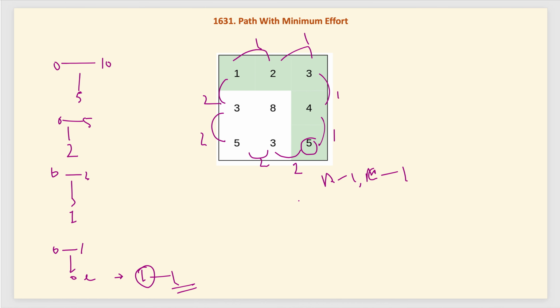Now how we will use the DFS in that: we just start from the 0, 0 index and try to see if there is a path to reach r minus 1, c minus 1 by following the 4 direction approach. From every cell we go in 4 directions, and before going into a cell we check whether it is within the grid or not. We should check that it is within the grid, and also that it is not already visited. We will use a visited array, as it's a standard DFS approach. You can now pause the video and try to implement the code yourself first.